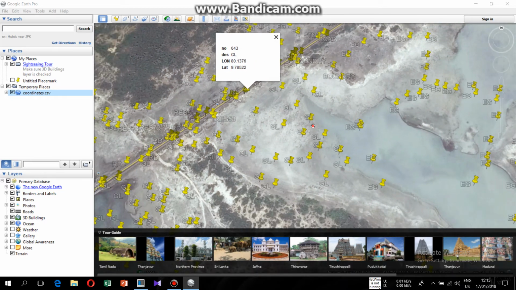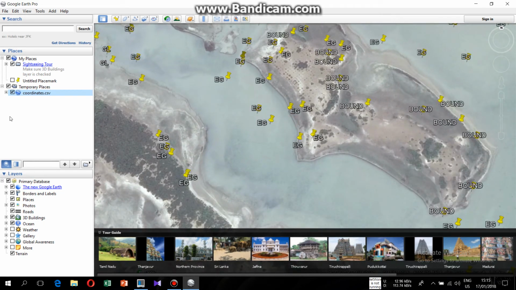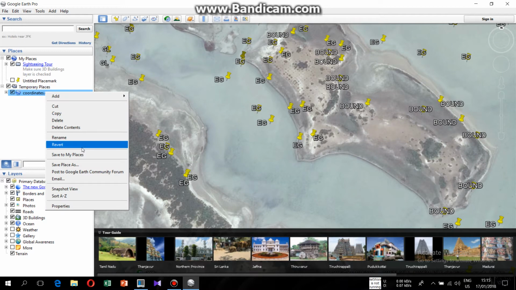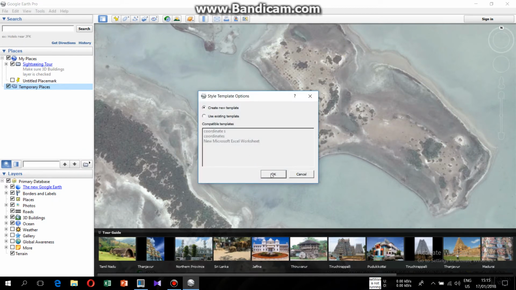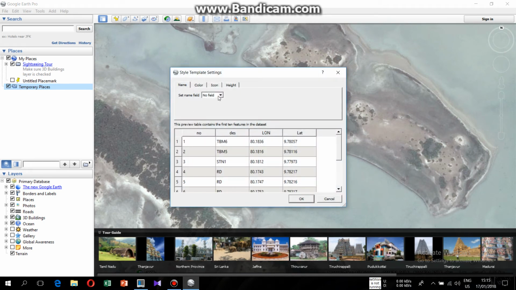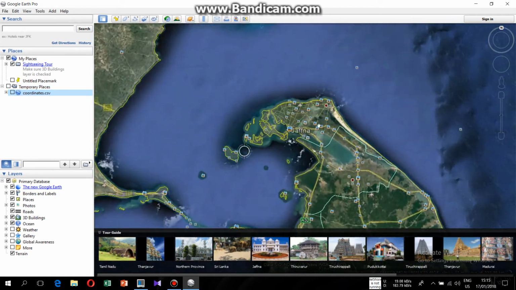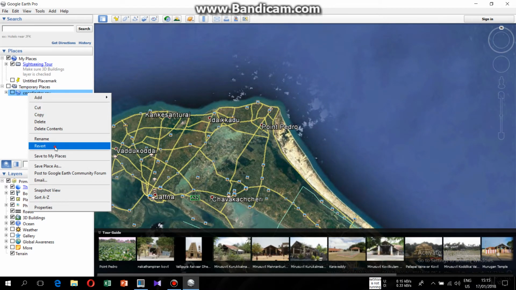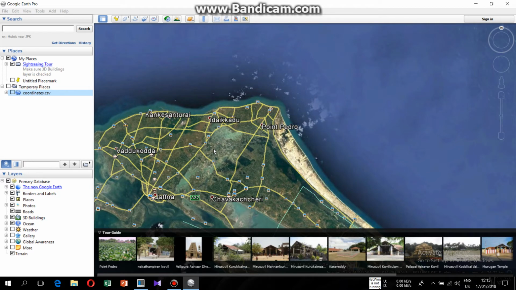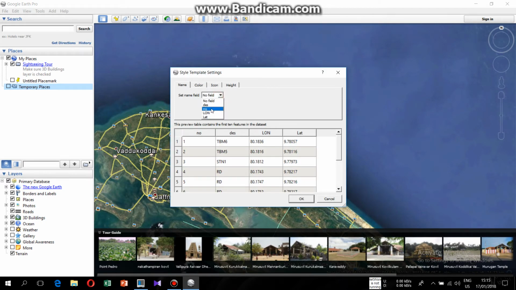Okay, if you want to see your point number rather than the description, you need to revert all the process, and you need to set the name field as point number. Okay, I will do it again. You need to right click on this coordinate CSV and revert. Yes, set the name field as point number